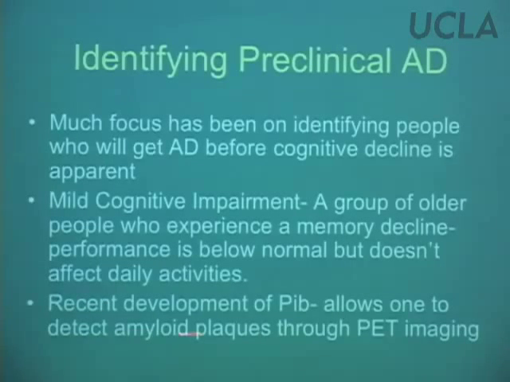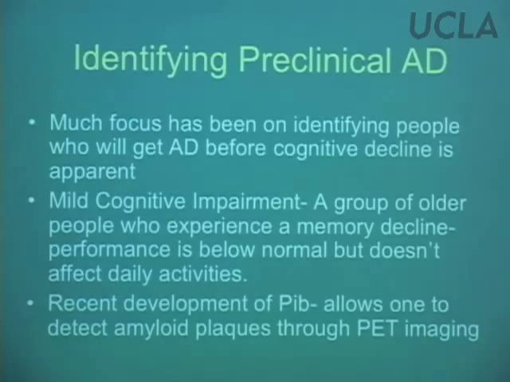So one other hot thing that has been described in the Golde article is the development of what's called Pittsburgh compound B, or PiB, which allows one to detect amyloid plaques in PET imaging. This Pittsburgh compound B binds to amyloid plaques. So you could take a person who's healthy, who doesn't have Alzheimer's disease, but who might have a little concern that their memory is fading faster than it should. And combining those behavioral data with this neuroimaging data, you could actually see their risk for plaques.